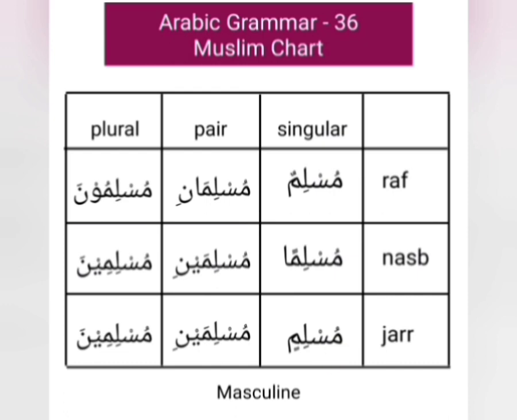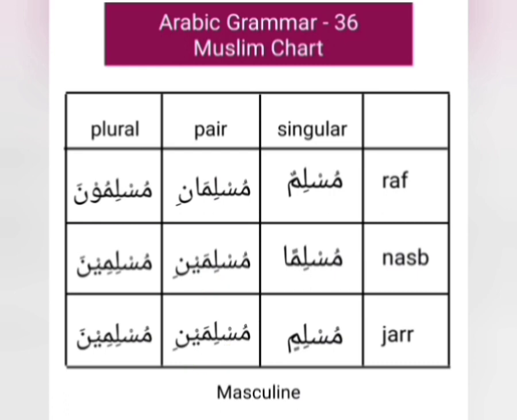Now we move to the second column of the pair words. We know that Arabic pair words can have 2 types of ending combinations, ani and aini. So the word Muslim, which is in pair, can have 2 types of ending combinations, Muslimani and Muslimaini. But as you see, we write Muslimaini twice. This is because the status of the first pair word Muslimani is Rafa, but the status of the second word Muslimaini can be Nasab and it can be Jar. So we write it in both the lines, in the line of Nasab and as well in the line of